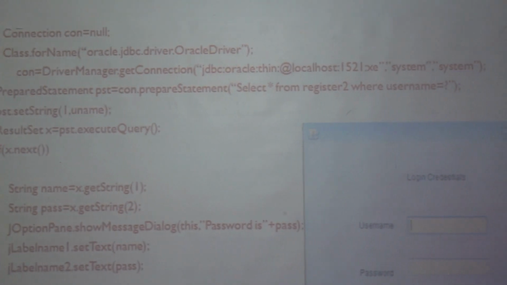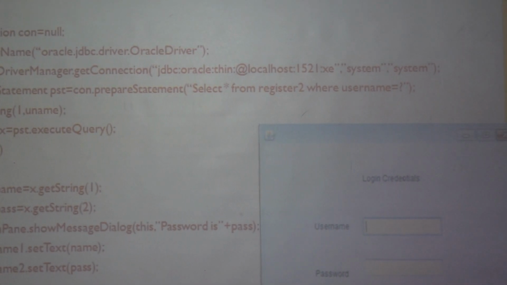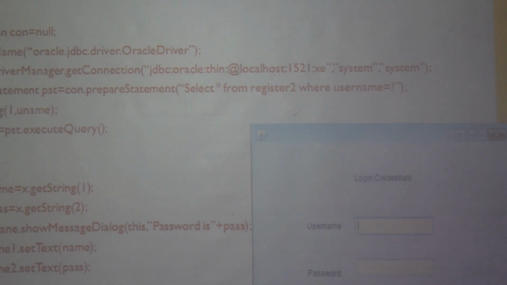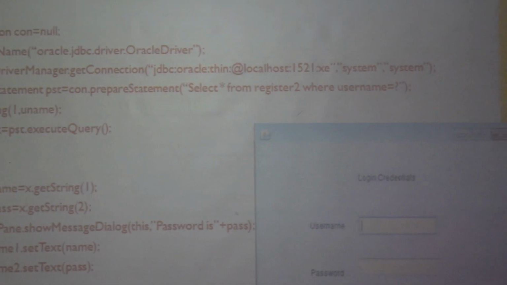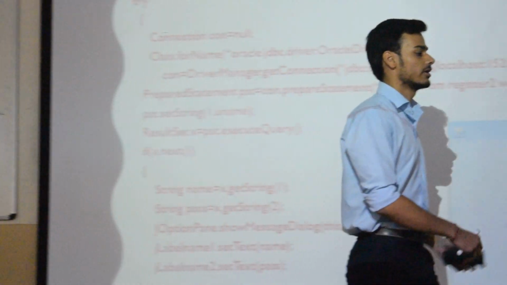JDBC is the main protocol, Oracle is the sub protocol, thin is the type of driver that we are using. Localhost is the machine name on which our Oracle server is stored. 1521 is the port number, and XE is the type of Oracle server. And system is the username and password for the Oracle database.